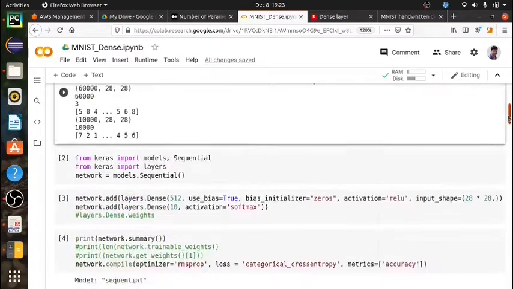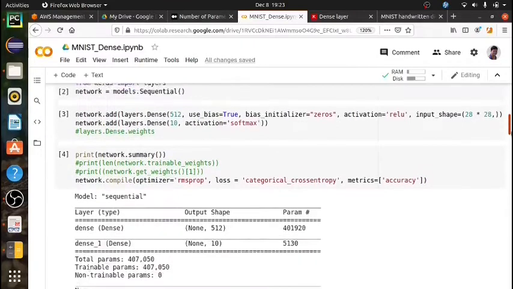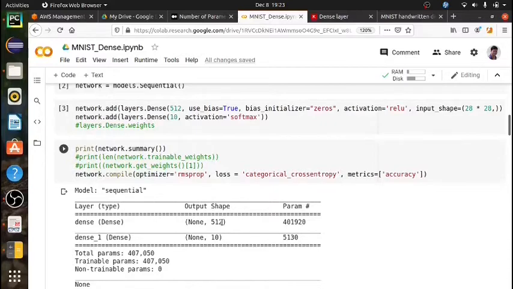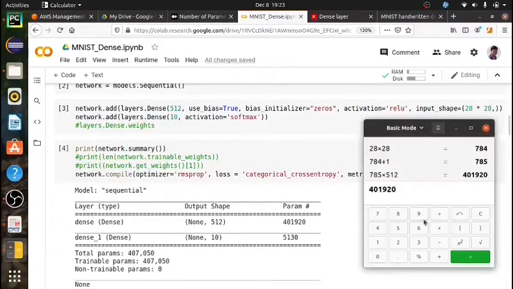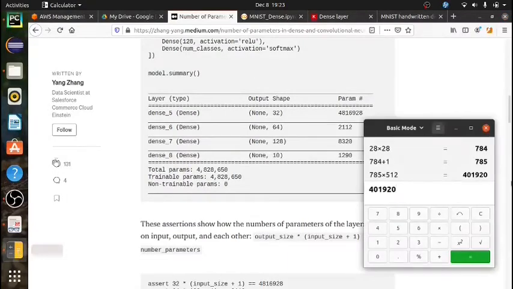Okay, so the same is the case with the next layer. Here again, what is the input? Input is the output of the first layer, right? That means 512 output shape. Now 512 plus 1, that is 513, into the output size 10, gives 5130.